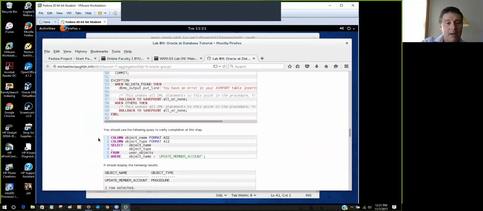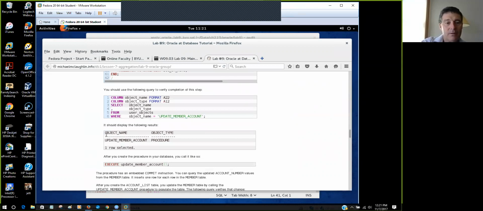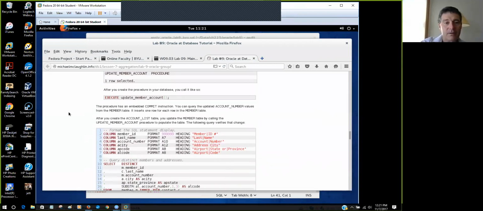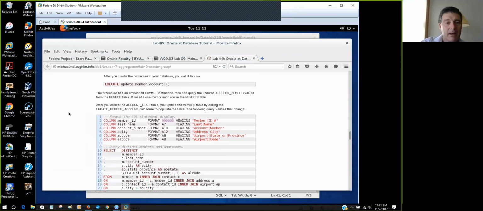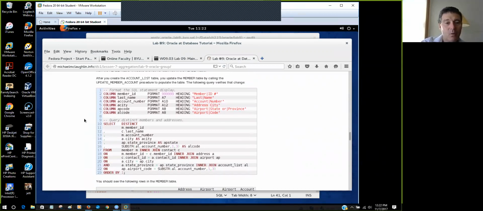And then here's your validation query that will show that the procedure has been created and stored in Oracle, and then execute the procedure. If all of your data is correct in all your previous labs, that should execute fine. And then here's your validation query